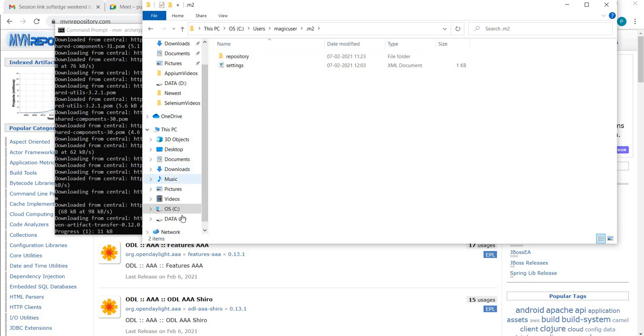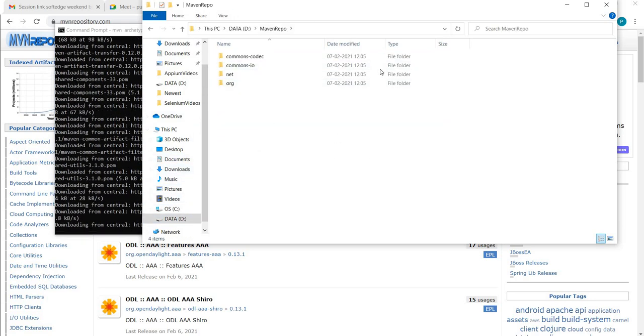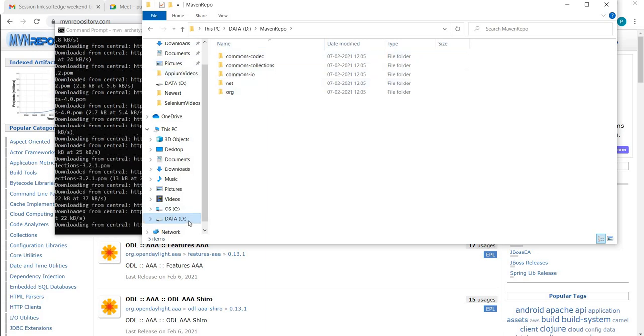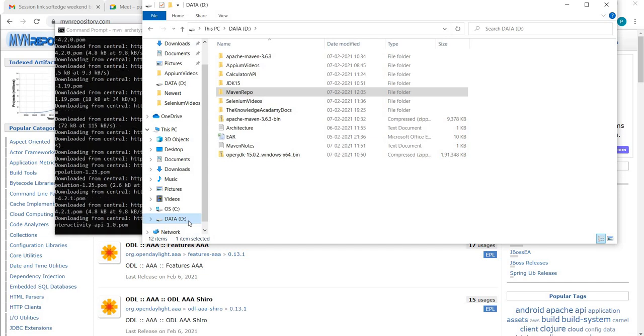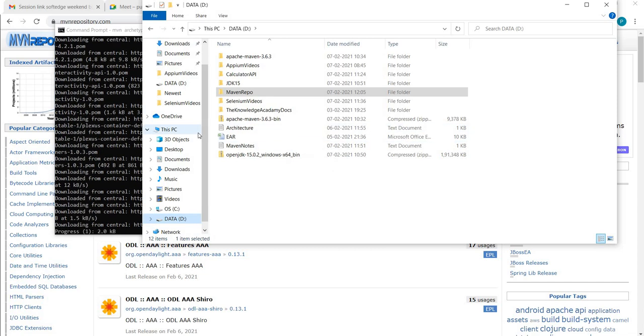So now the download is being done here in this new local repository. And if you have any other settings to mention which Maven needs to perform its job, like proxy or anything, then those settings also should go in this settings.xml, right? This is very, very important when we are working in any company's environment.